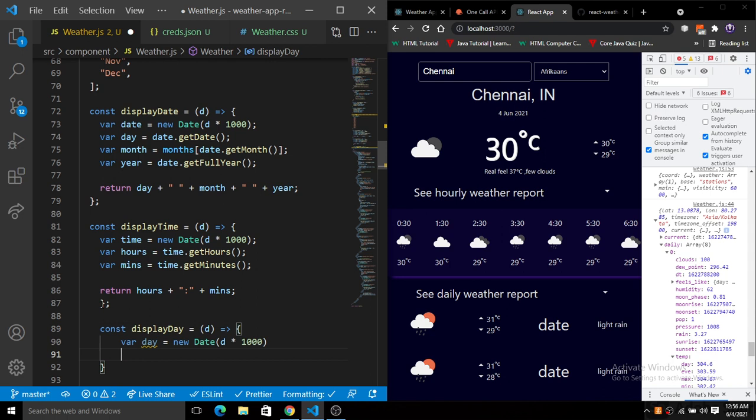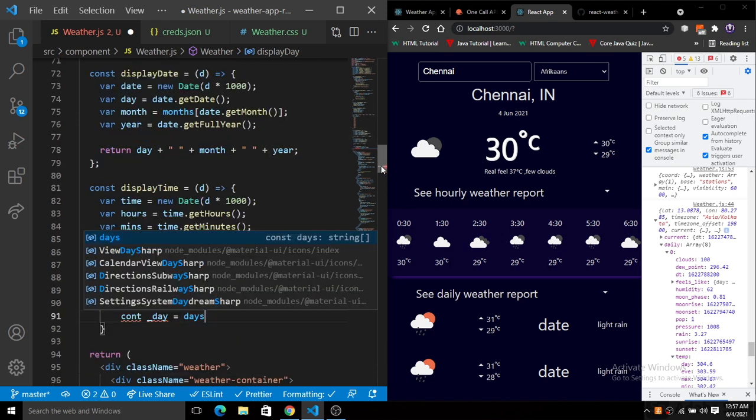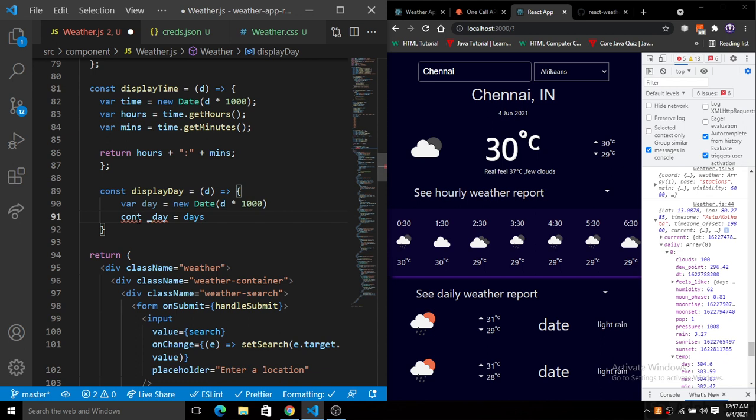Okay, so for this we have a day. Right now we just simply want to return that. So we have a const day, that is the actual day, and here where we have created a days array, right? We have already created a days array, if you see at the top. So basically it just returns an index of that, which means 0 means Sunday, 1 means Monday, 2 means Tuesday, like that. So we just simply return the index. That's why we have day.getDay, right, like this.